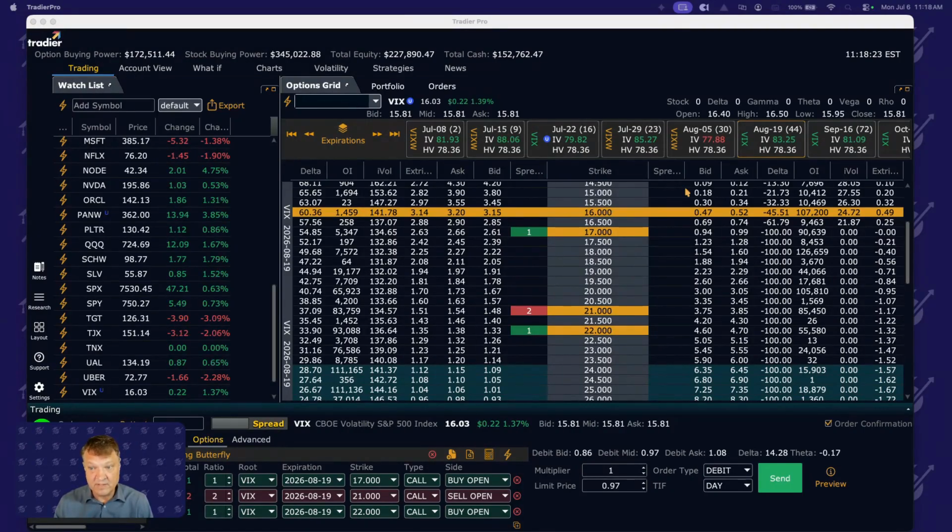But if we get the VIX at expiration, it's all cash settled. You don't have to worry about early assignment. You don't have to worry about anything like that because it's an actual cash settled index. If the market does shoot up and we can double our money on this, take it and get out. Don't try to hit the home run, landing it right at 21 and hoping it goes out close to that at expiration. Because if the market does go up, for a butterfly to pay out, you have to be very